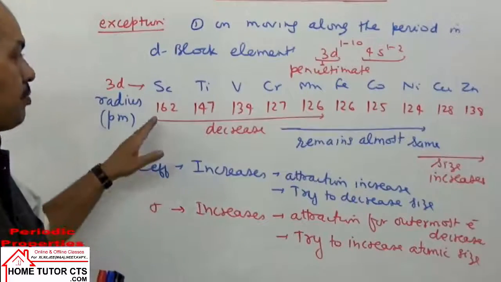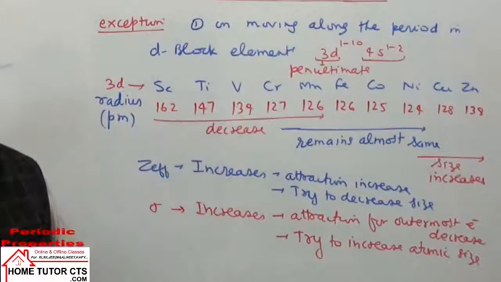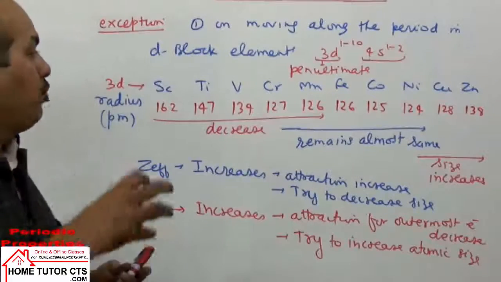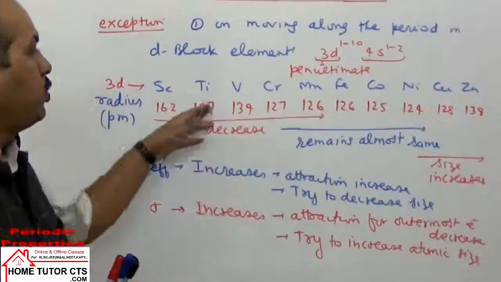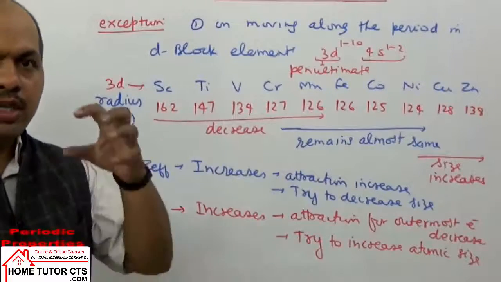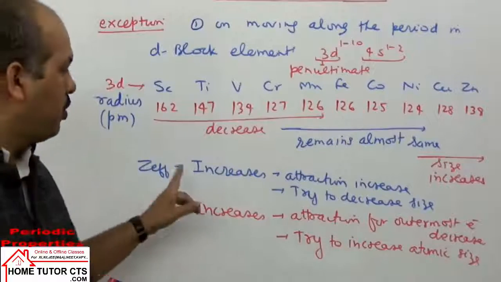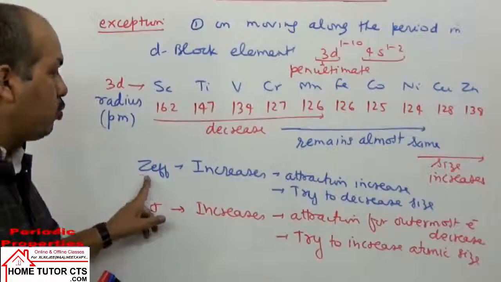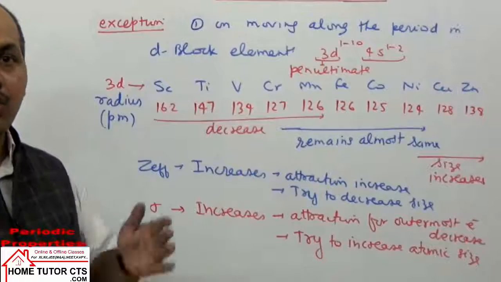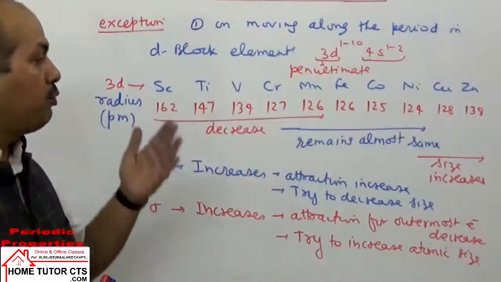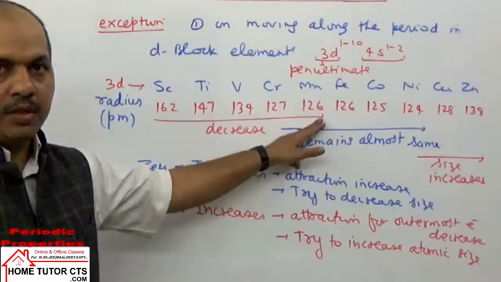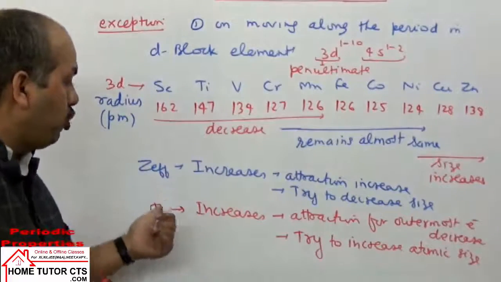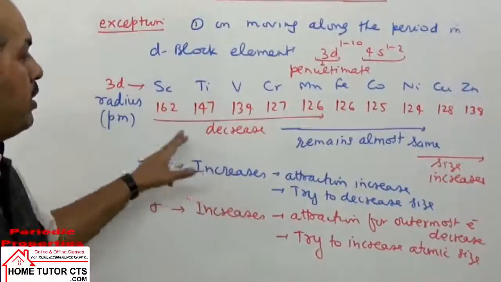अब होता क्या है इसमें, how to decide the pattern and the value variation. देखिए in the beginning क्या हुआ आपका स्टार्टिंग में, when subshell d has less number of electrons, 1 2 3 4 electrons, then when subshell d contains less electrons, the factor dominating is effective nuclear charge. So up to middle of the series the factor dominating is effective nuclear charge. When we have this factor dominating over sigma, then size of element decreases.